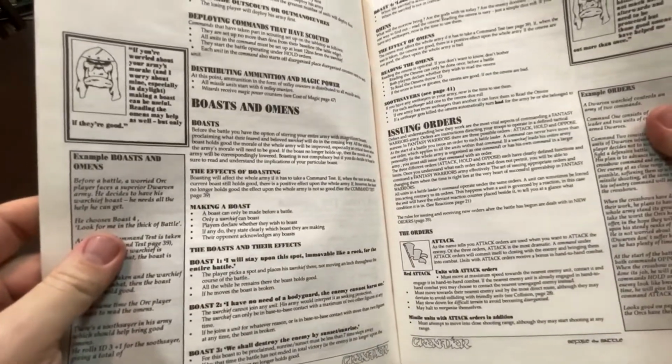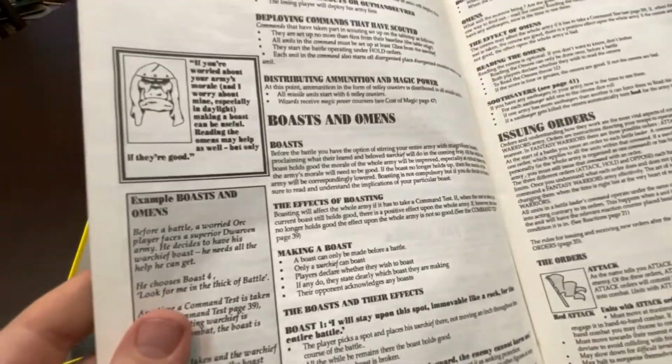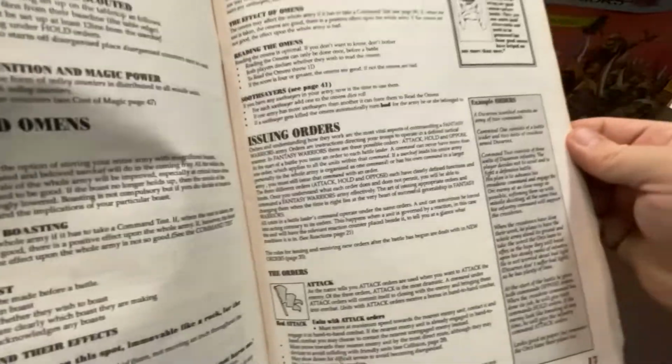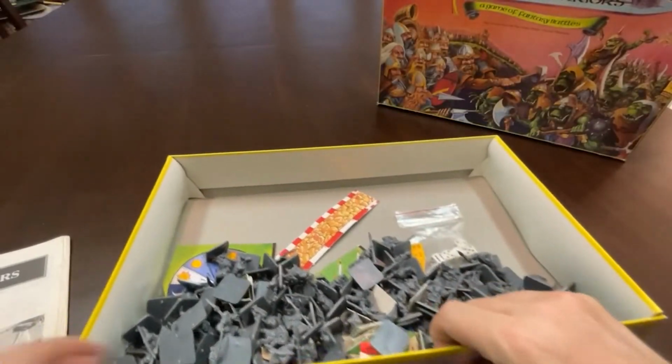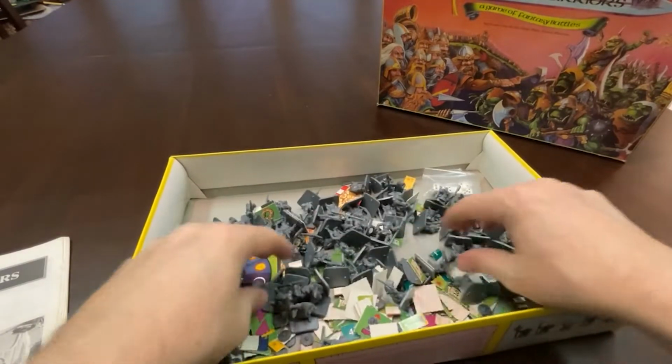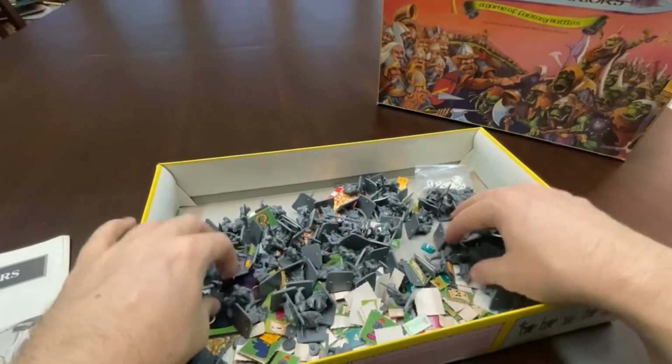There's other cool things like boasts and omens. You can try and read the omens, you can make a boast, and then there's orders. So I've mentioned already that this game has a lot of counters in it. So let's get into the actual components of the game here. So this is